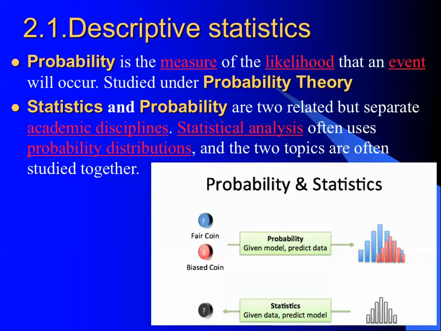So again, probability and statistics are tightly related, but the key difference is that with probability, we measure the likelihood that an event will occur, studied under a separate branch of mathematics, probability theory. Statistics is related but a separate discipline. And with statistics, we use probability distributions. Also, we talk about the probability that events occur or not. But the major thing, as shown in this chart,